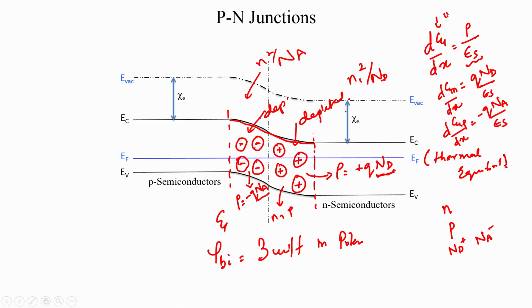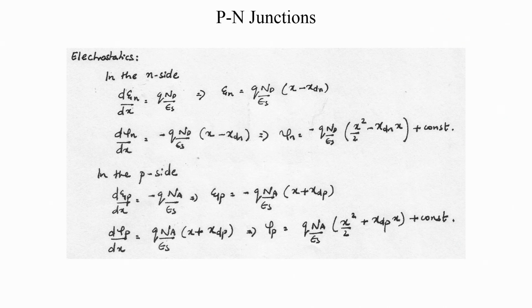These are the equations that we need to solve to understand the electrostatics. And what we will do is we will solve for the n and p side separately. On the n side, you have your Poisson equation as this, which is quite straightforward